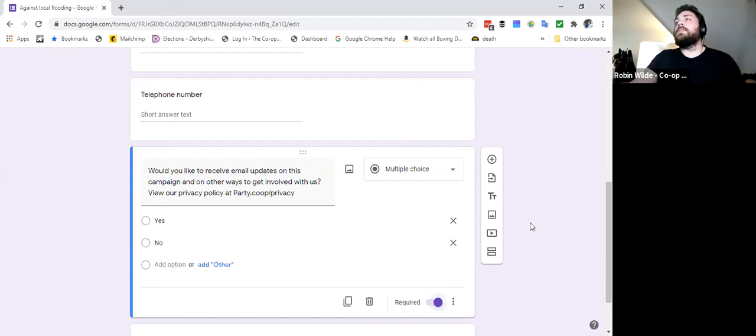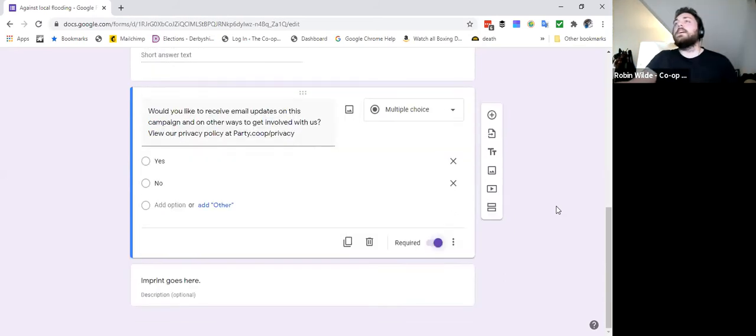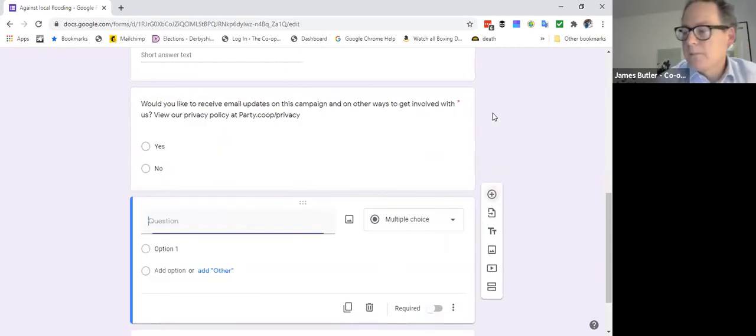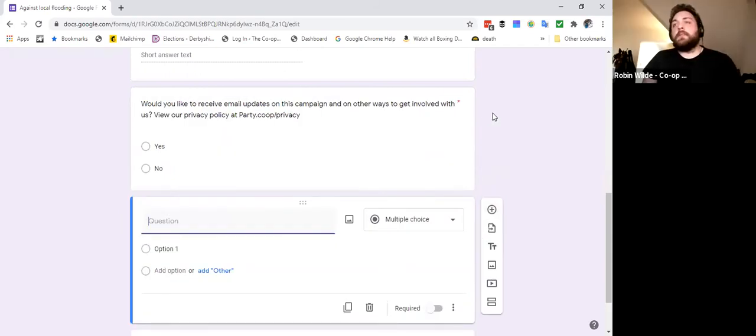So what we'll need to do next is just quickly think about some of the other question types that are available. So if you go back to the add question button on the right there. Do you want me to click it? Yeah, click that, and we'll just add a new one. We'll just have a little quick look through what the other options are. So if you click that drop down where it says multiple choice,